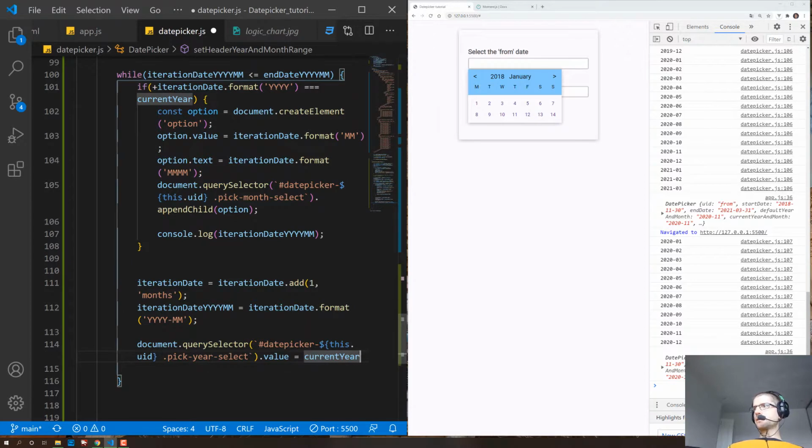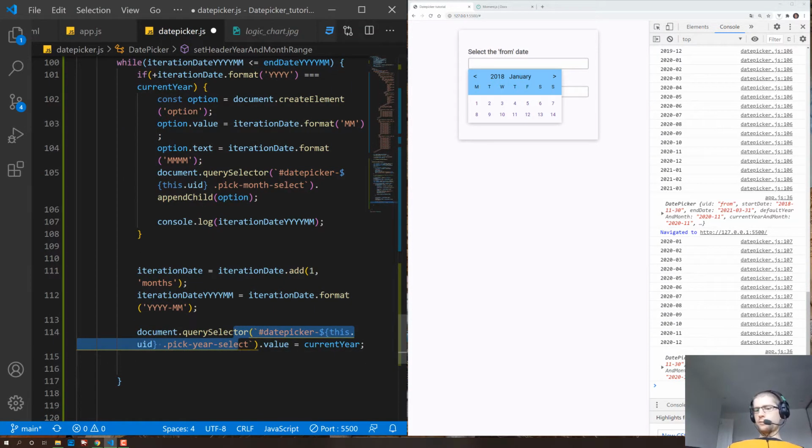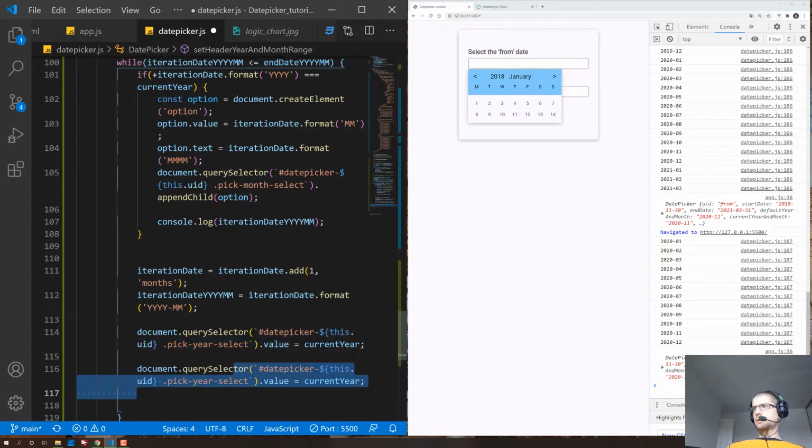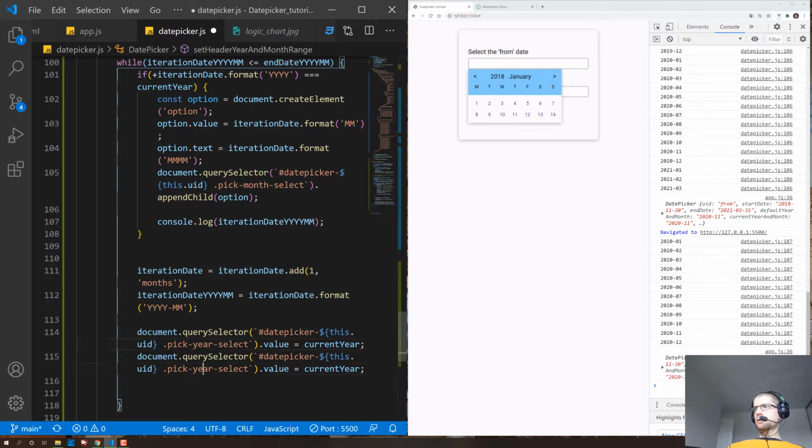Again, it's not being highlighted as a constant. Not sure why. It looks like some issue with VS Code. Let's do the same for the month. Can you please get copied? Thank you. And just exchange this to month. And this one will be,